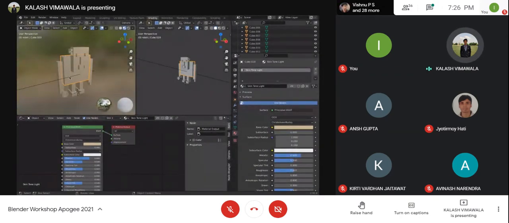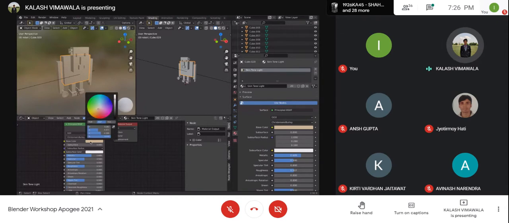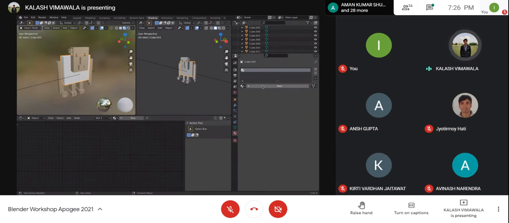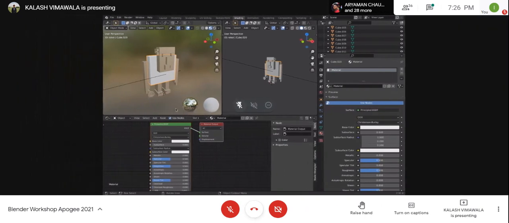So now I've selected the body or the torso, and I want a different color here. Now, if I directly go ahead here and change the base color, this will also be changing the properties of the material that I've applied on the face. So I want to not link this material and build a new material. If I click over here and have a new material, then the torso in itself has a different material than the rest of the body.